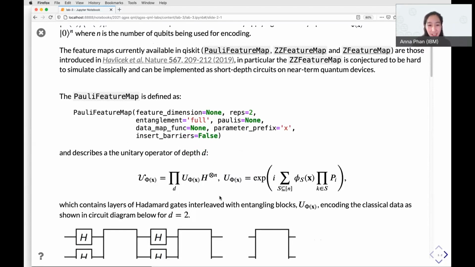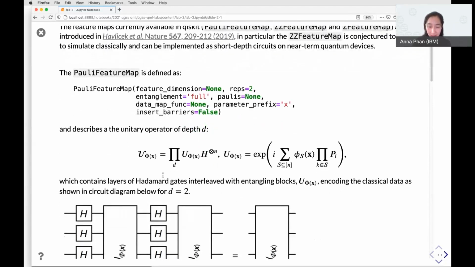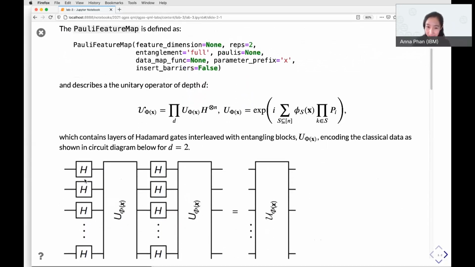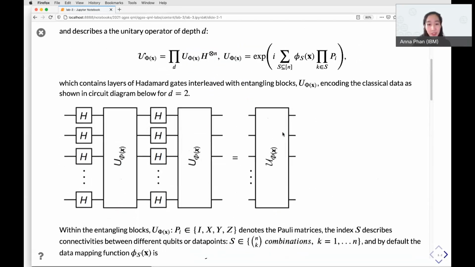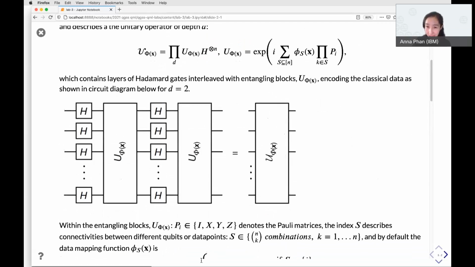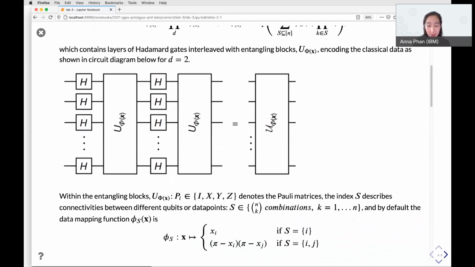This equation shows that we have a layer of Hadamard gates, which are interleaved with these entangling blocks described by this U, whereby the P denotes the Pauli matrices, hence the name Pauli feature map. The S describes the connectivity between the different qubits. And by default, we have a data mapping function shown here.